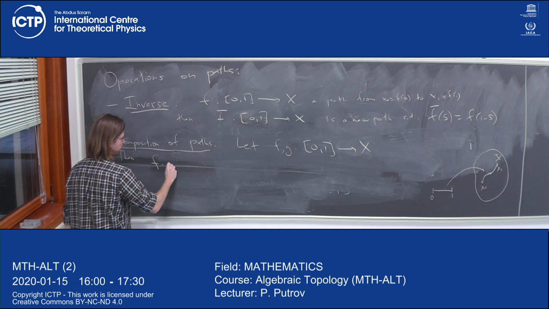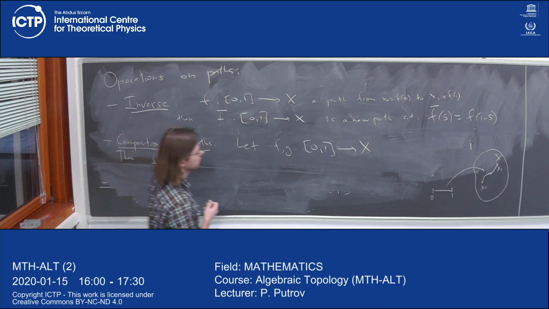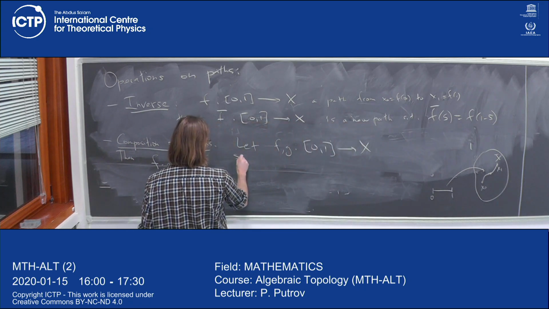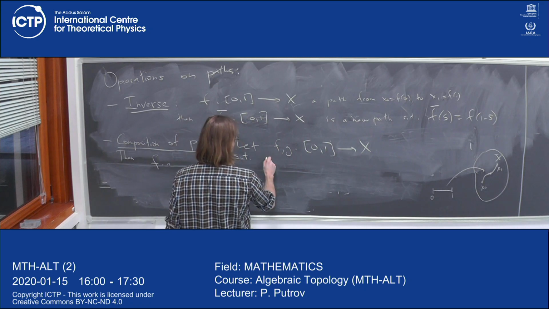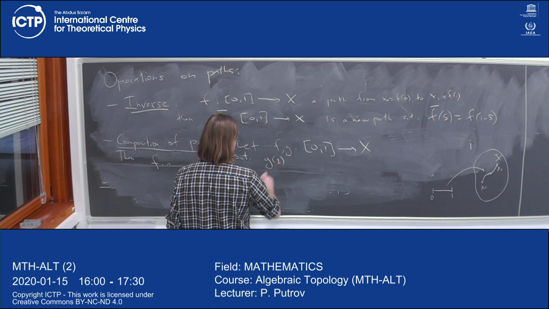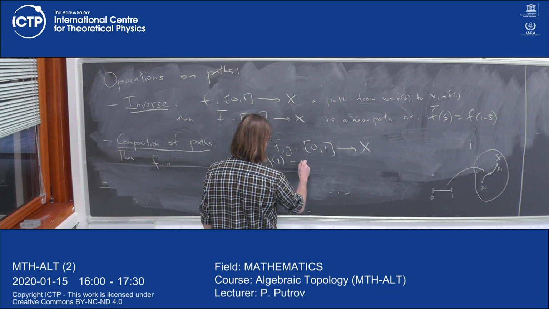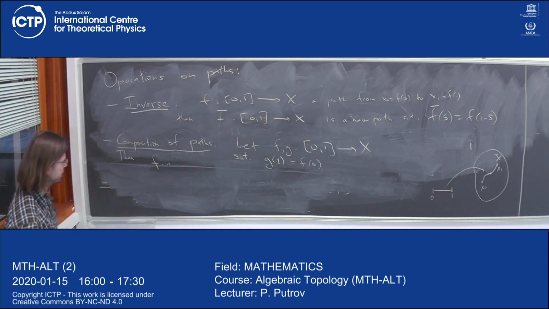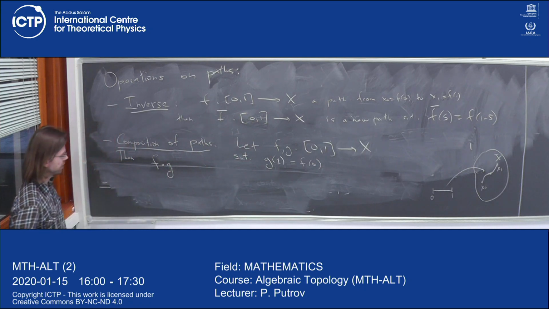Here we actually need a condition such that g of 1 coincides with f of 0. Then we can define the composition of paths, denoted by f dot g,